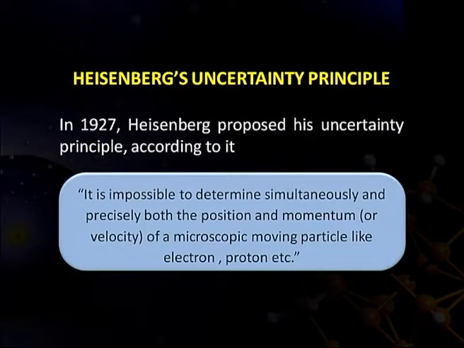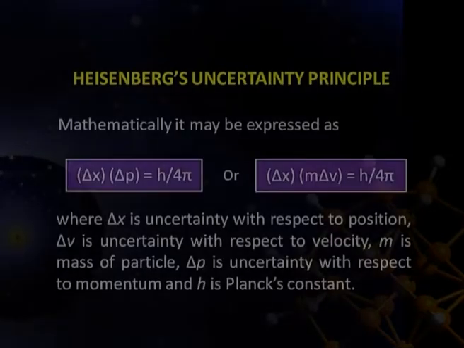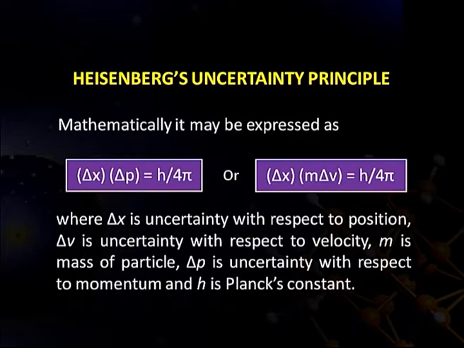In 1927, Heisenberg proposed his uncertainty principle. According to it, it is impossible to determine simultaneously and precisely both the position and momentum of a microscopic moving particle like electron or proton. Mathematically, it may be expressed as delta x into delta p is equal to h upon 4 pi,